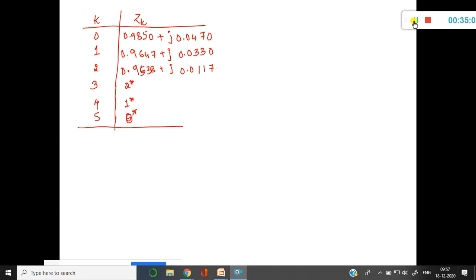Everything remains the same. So if you understand one hint, you can solve all the